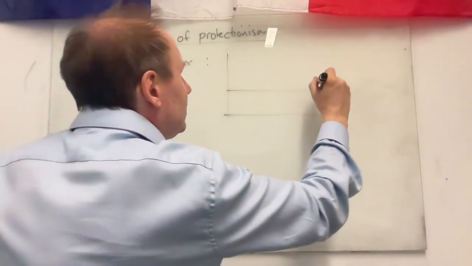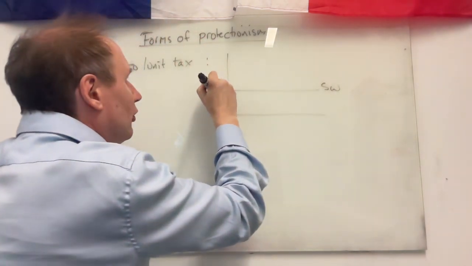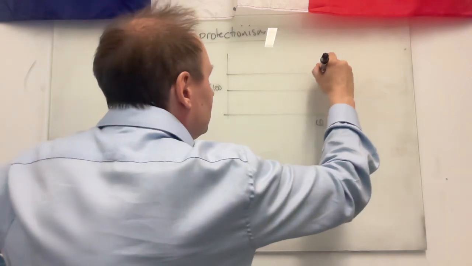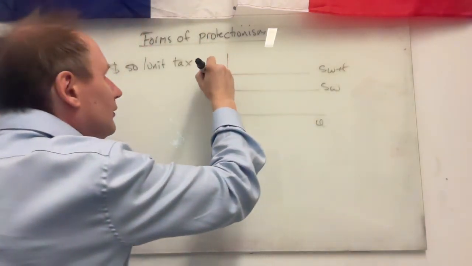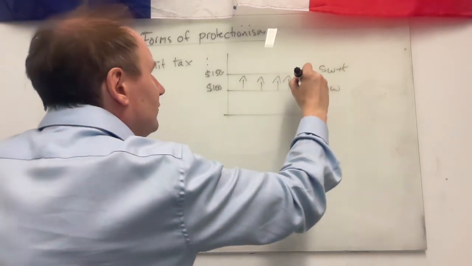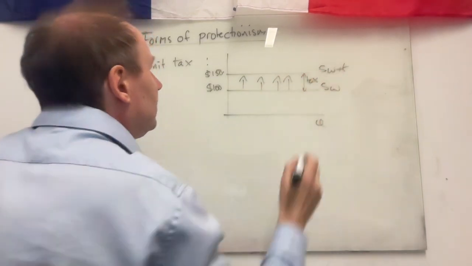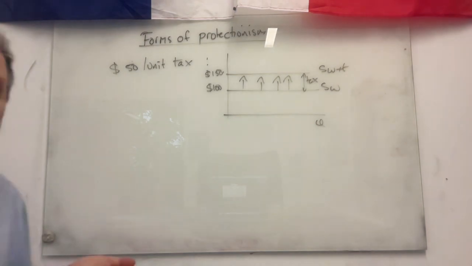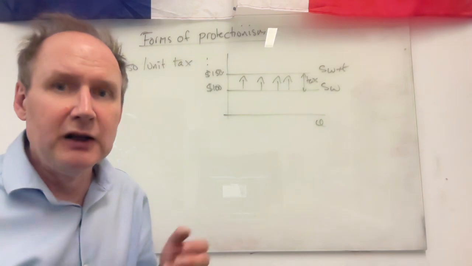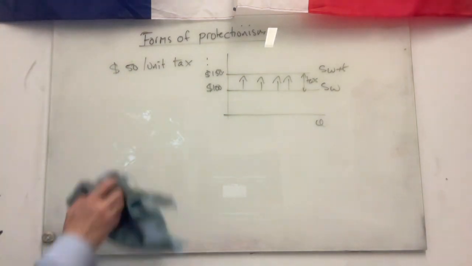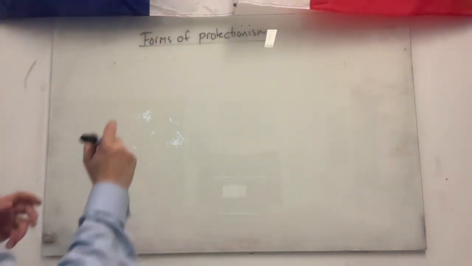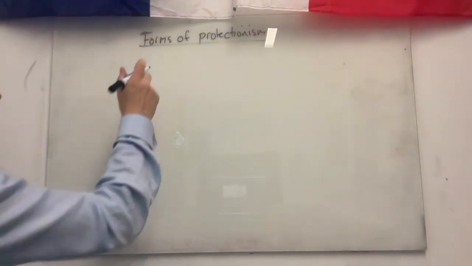So we said that originally you could buy coal at $100 a ton. Now they're just going to make local consumers pay. So that is the tax per unit. Instead of being able to buy coal at $100 a ton, now you're going to have to pay $150 a ton. So what does that do to our local market? If we put our diagram back, I'll just make it a bit bigger for you.